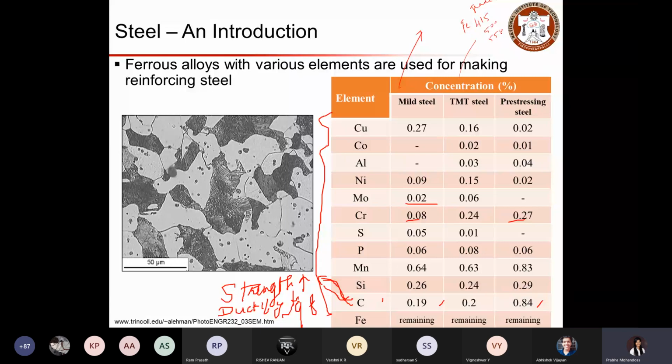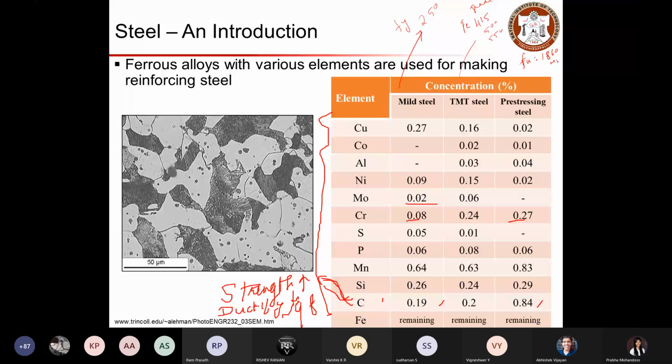So this is Fy, yield strength, right? Whatever that grade represents, that represents the yield strength. So the ultimate strength would vary. For pre-stressing steel, the ultimate strength, that is Fu, would be 1860 MPa, Newton per mm square. So this will be almost 4 to 5 times of what we have for conventional steel rebars.